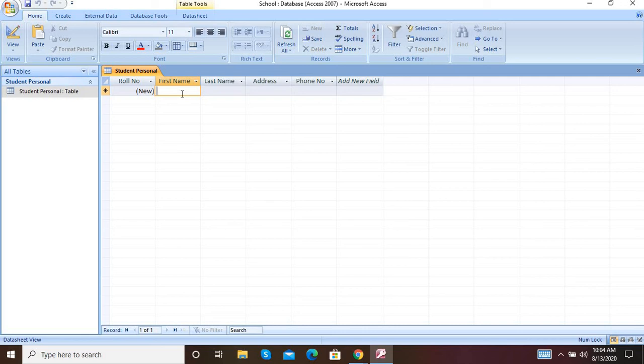First one is Ronit, last name is Kapoor. After that add the address as 75, comma Nayapuri, phone number.